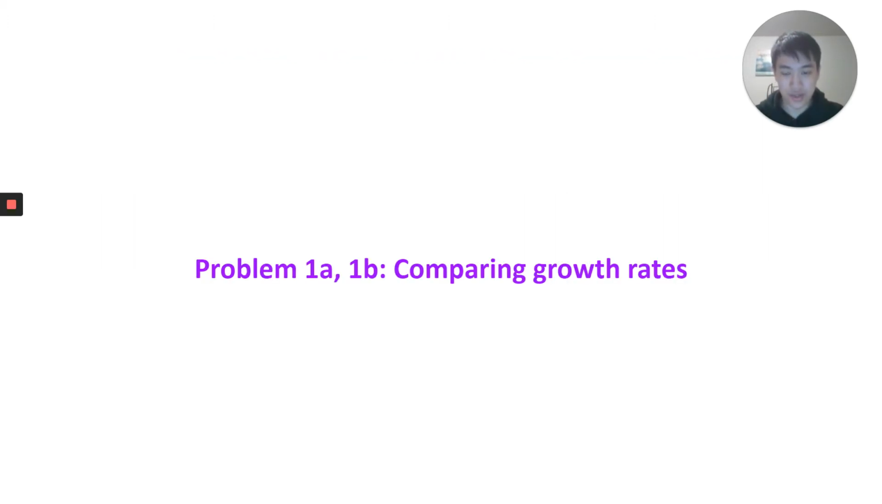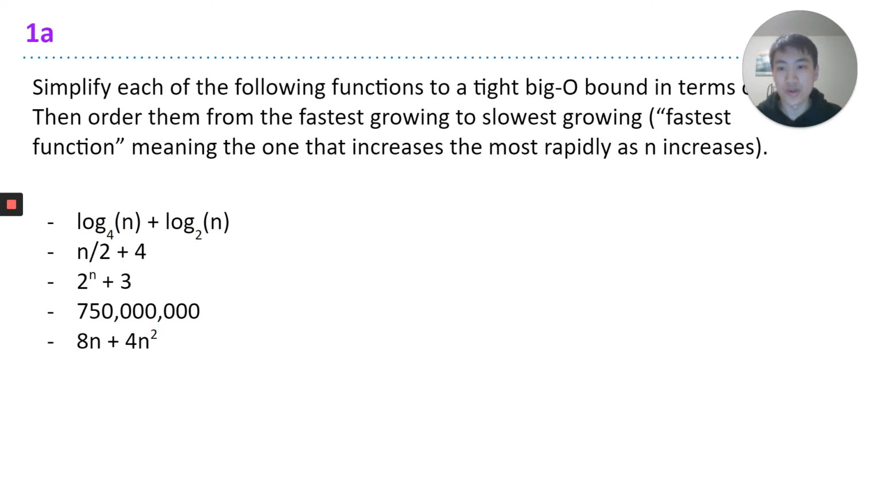First of all, we're going to be doing problem 1a and problem 1b, which is comparing growth rates. What we're trying to do here is simplify each expression into a tight big O bound, and then sort them from the fastest growing to the slowest growing in terms of their growth rate. Let's look at this first one: log base 4 of n plus log base 2